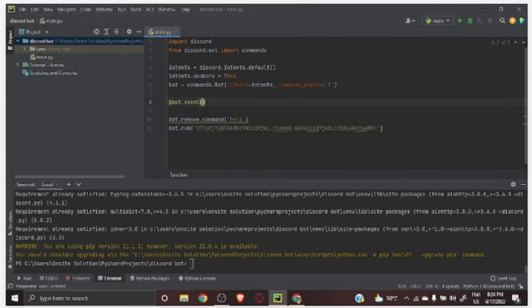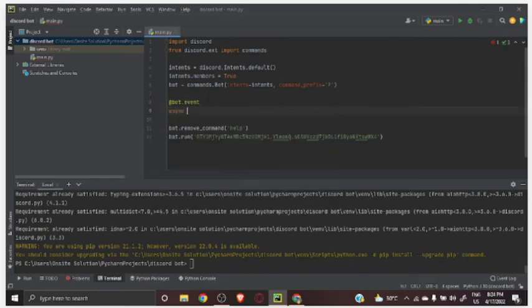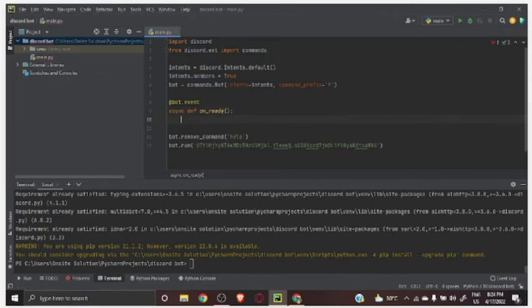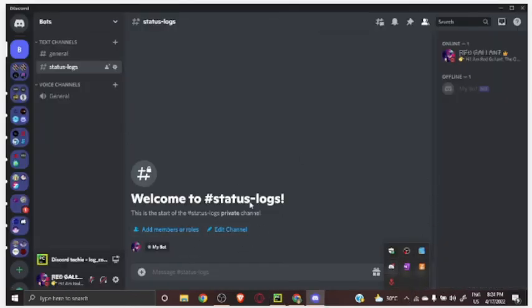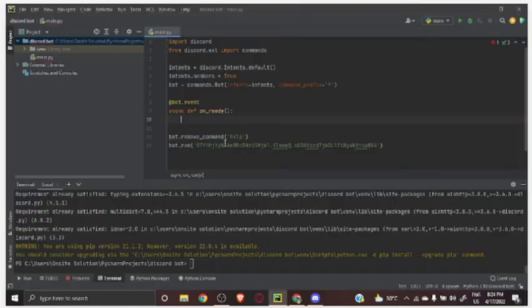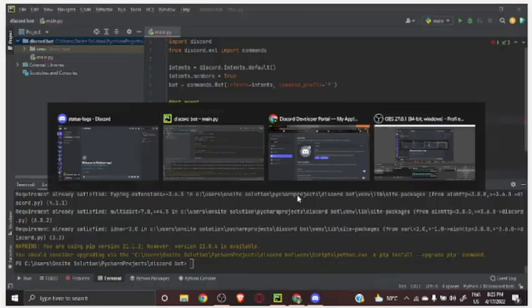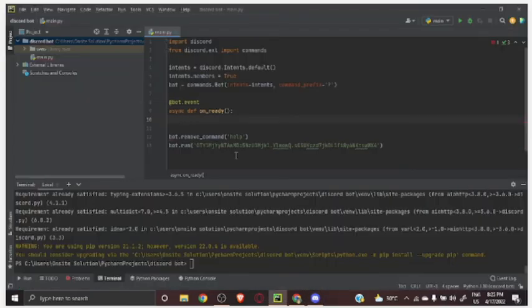After which you will do @bot.event. So we are actually declaring an event right now, which is async def on_ready. What this does is, suppose your server members need to know what the bot status is right now. When the bot is ready and the commands can be used, it will run this. Now from here we type log_channel equals